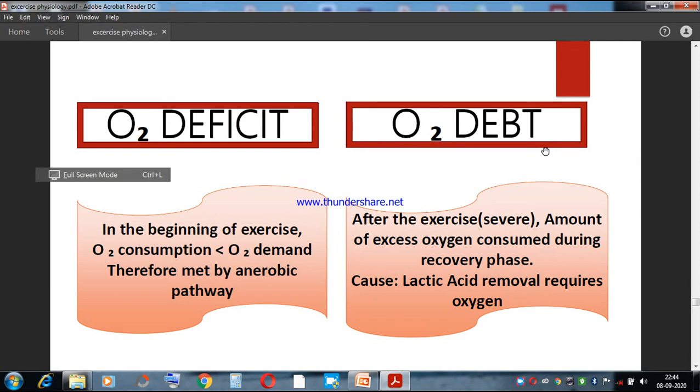So for the time being, we can somehow correct this oxygen deficit by the anaerobic pathway. But this anaerobic pathway has to be